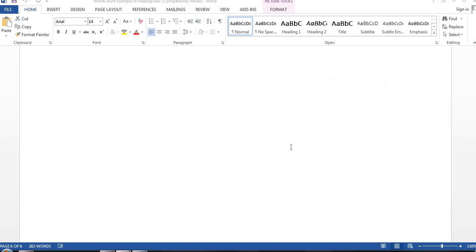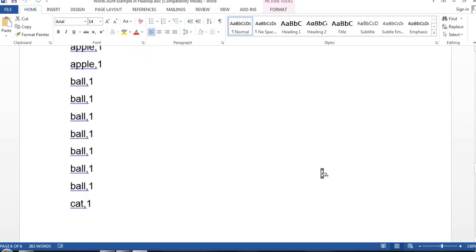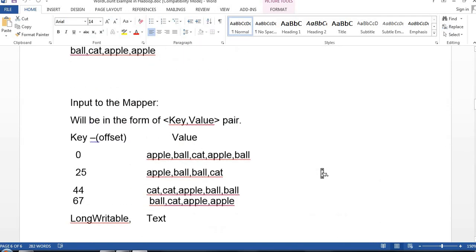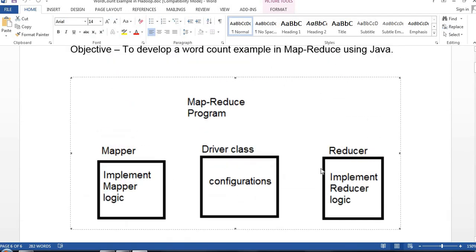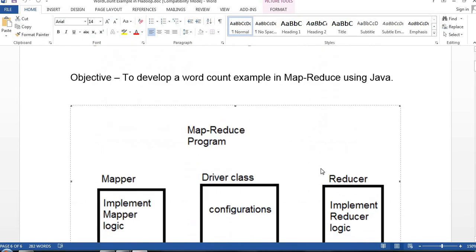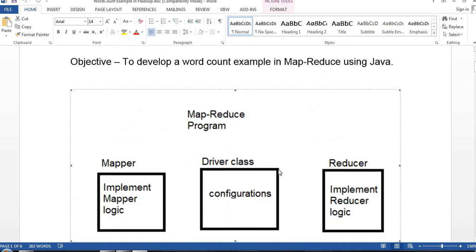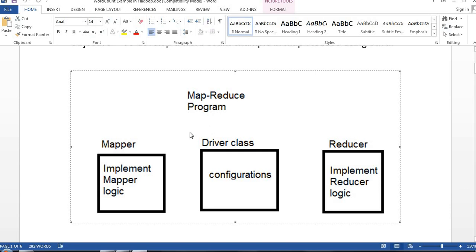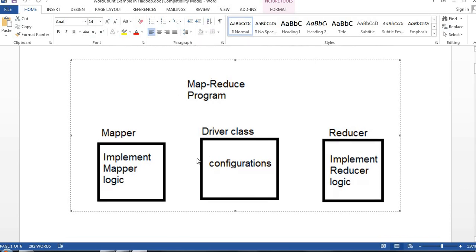It is creating. Meanwhile, the first thing we need to understand is that we are going to implement a word count example in MapReduce. If you are writing a MapReduce program, it means this program will perform a MapReduce job. If your program is going to perform a MapReduce job, then you need to write three classes.